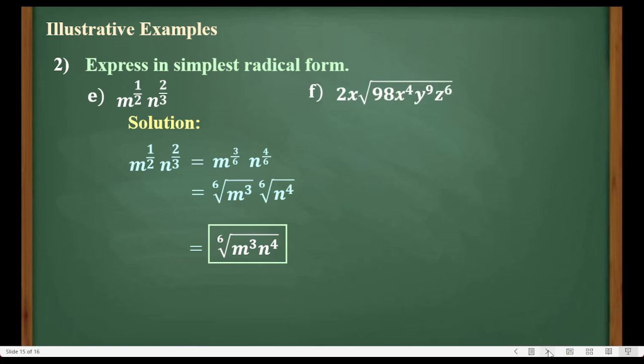Next, letter F. How about this one? 2x times the square root of 98x to the 4th, y to the 9th, z to the 6th. Now for our solution,